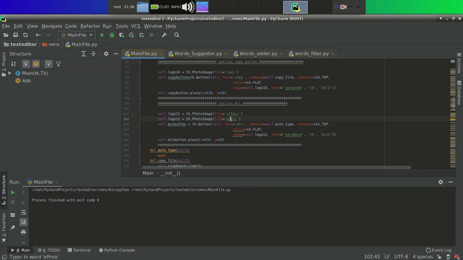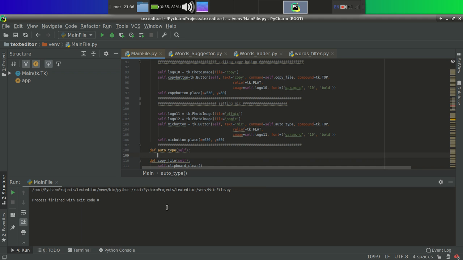So let's add functionality to the mic button. You can see when we press this, a method named autotype will be called. So let's move to that method. Here is our autotype method.